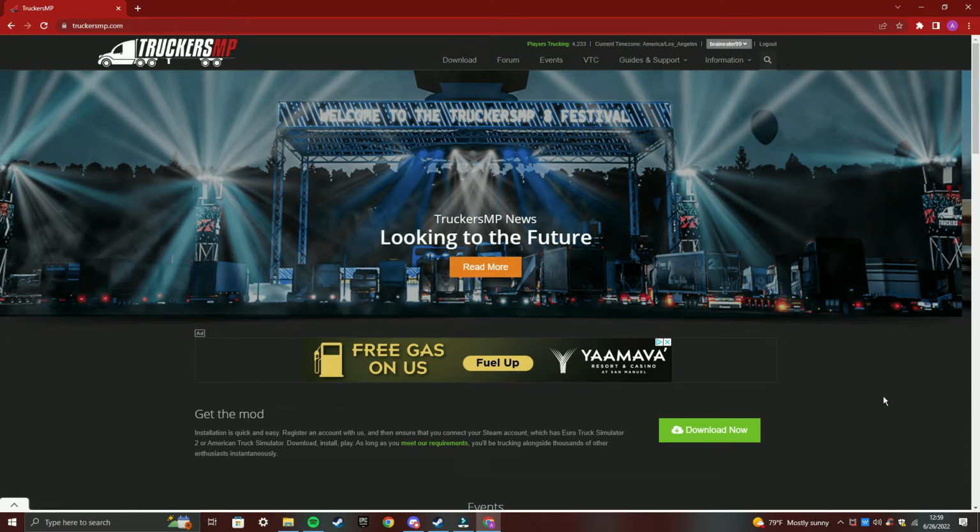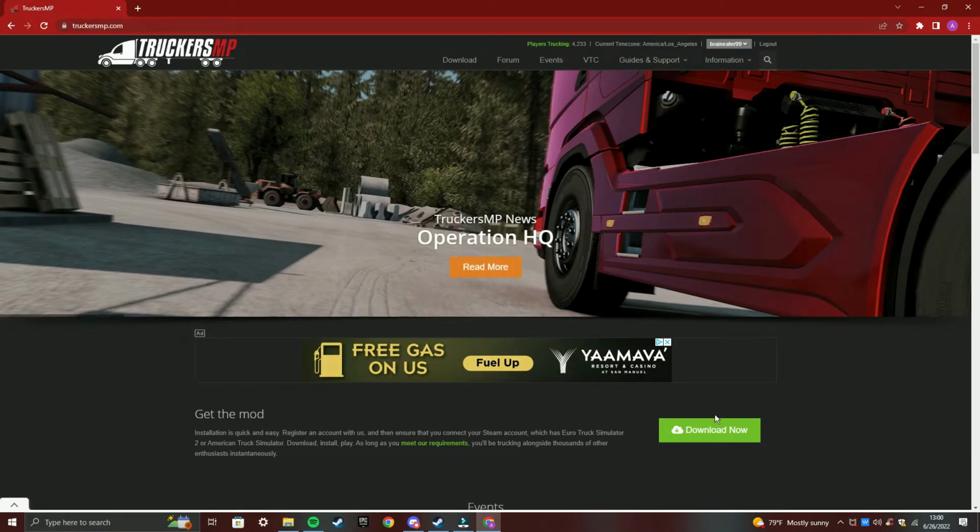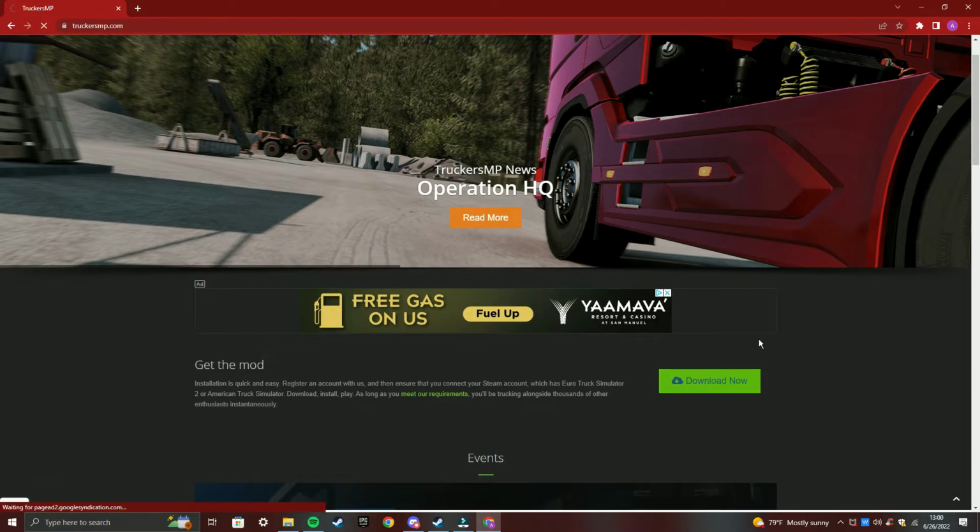I'm going to be doing another tutorial video, and this is how to download TruckersMP, which is multiplayer for American Truck Simulator and Euro Truck Simulator 2. So you're gonna go to the link in the description below, which is TruckersMP.com, and then you'll be greeted with this page. Just go down here to download now,